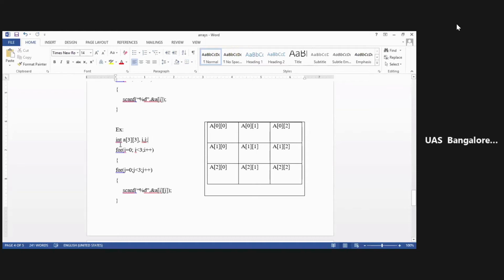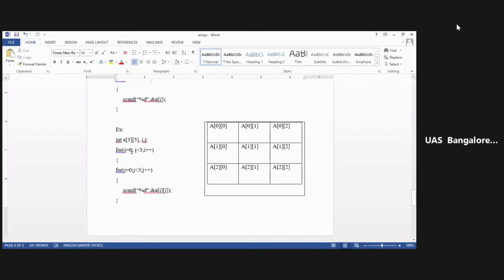Here, I reduced the size because some of you will have a doubt: when it is 10 cross 10, why is she taking only 3 cross 3? Since I have used only 3 cross 3 elements here, that is the reason I have blocked the size for 3 and 3. Okay, now I have this i and I have this j.